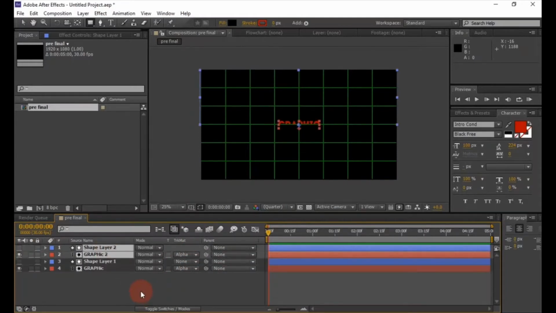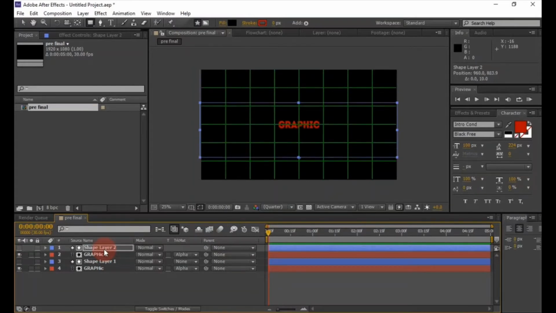Now select the two layers and make a duplicate of it. And move the top shape layer at the second half.